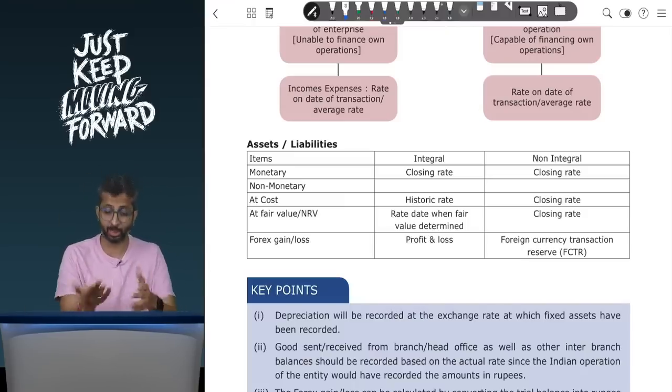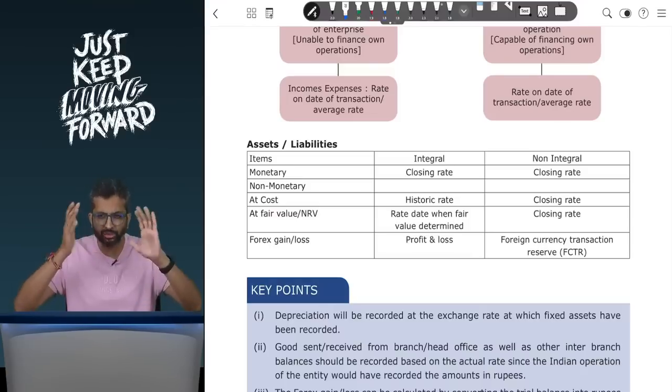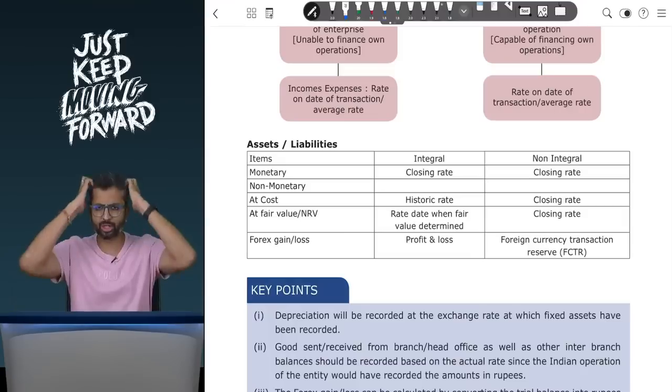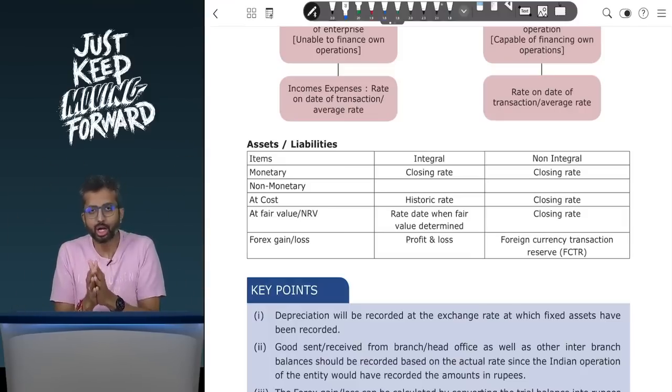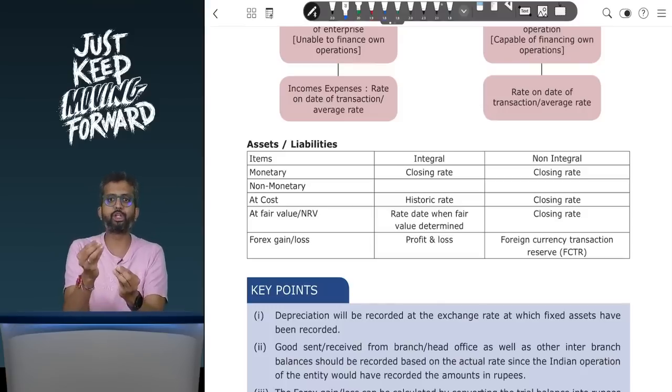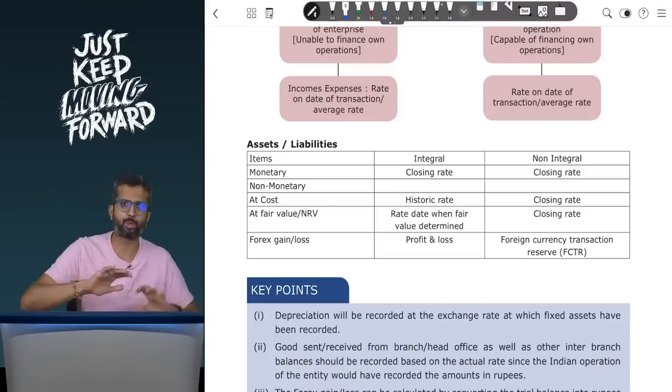Even non-monetary items will be translated at the closing rate, and this is where there is some confusion in the minds of students. Sir, when will we take non-monetary at historic? When will we take closing? Well, if you are doing a transaction like you are buying a plot of land, you are an Indian company buying a land in New York,